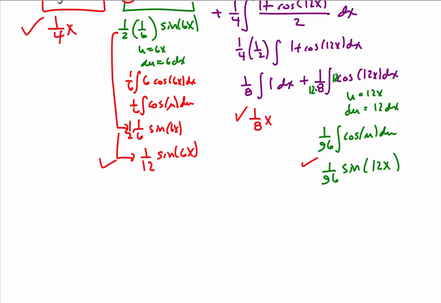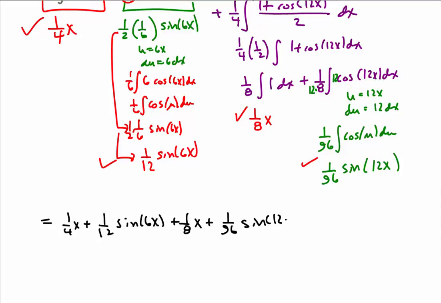So we have to combine all these. So here I'd have a fourth x plus a 12th sine 6x plus an 8th x plus a 96th sine 12x. Looks like there are some like terms I can combine here. So a fourth would be the same as 2/8 x, and of course that would combine with that 1/8 x to give me my 3/8 x,